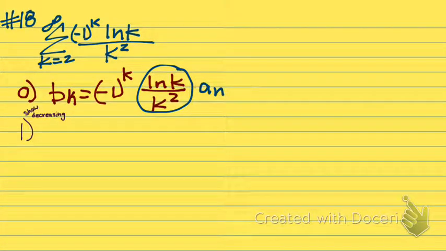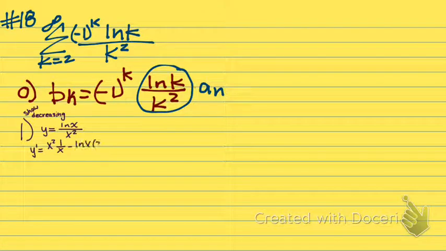We have a couple of different ways to show decreasing. We can do it algebraically, look at the a_(n+1) term and try to get a_n, or we could take the derivative. Let's just do that for funsies. I'm going to let y be a function of x. Then my derivative of y with respect to x, that's the quotient rule: low d high minus high d low